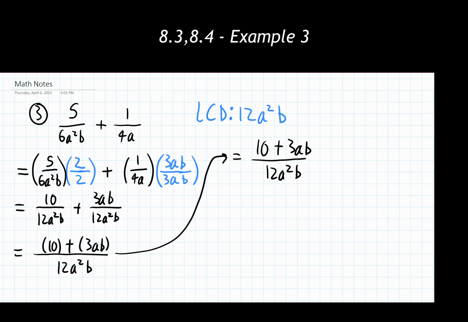Our last step, simplify or reduce the rational expression. Remember, we need to factor before we cancel. I have seen a lot of people look at the 10 and the 12 and say, well, I could reduce both of those by 2. Or I have a 3 here and a 12 here, I could reduce those down by 3. And I have an a here and an a squared here, so those can reduce, and the 2 b's are going to cancel. So then we start canceling things out at random there. Rule of thumb, I'd write this down for yourself: factor, then cancel.